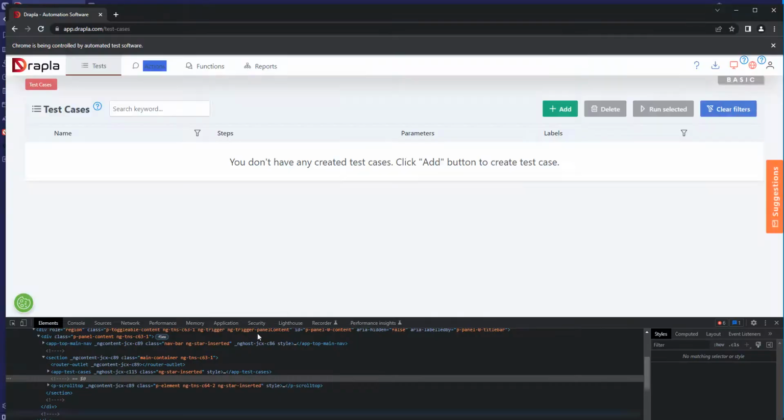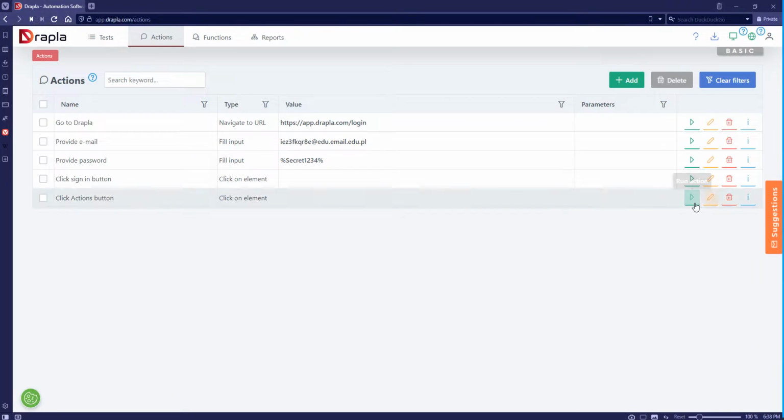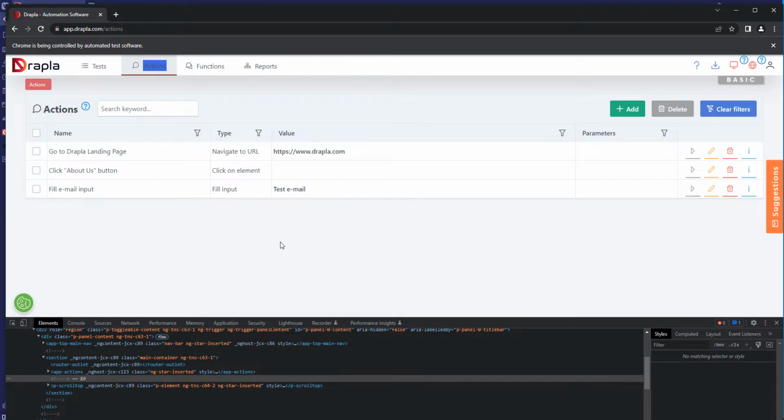As usual, we can test if it works correctly. We can just press run action. And as you can see, Drapla moved us to the actions page. And right now we want to click on the filters name button. To do it, we can use, for example, the full XPath.